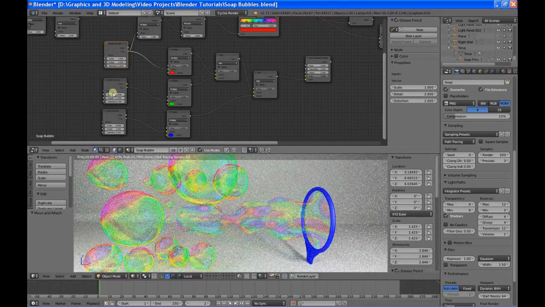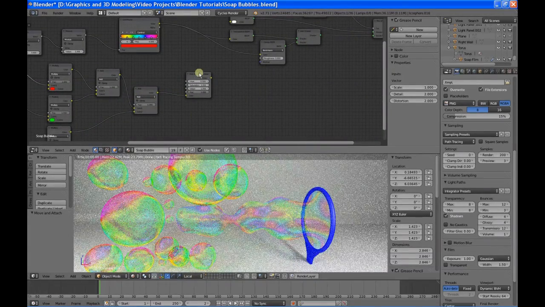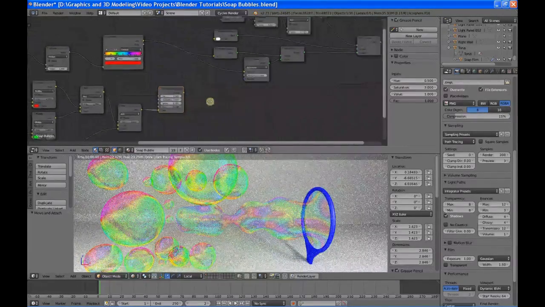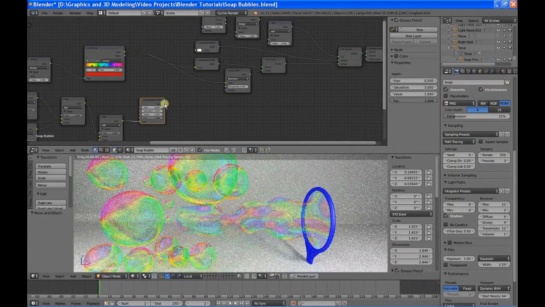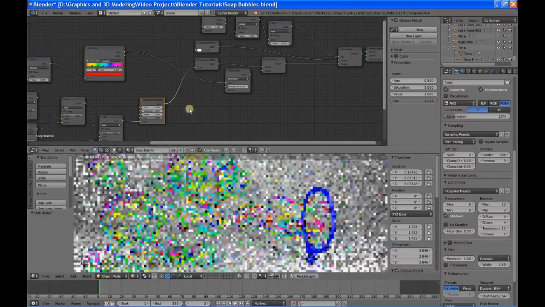Probably also have different distortion factors on them. Add the outputs of the 3 colors together. Feed them into a hue and saturation value node and crank up the saturation to maybe 3. And then you feed this into the transparent node